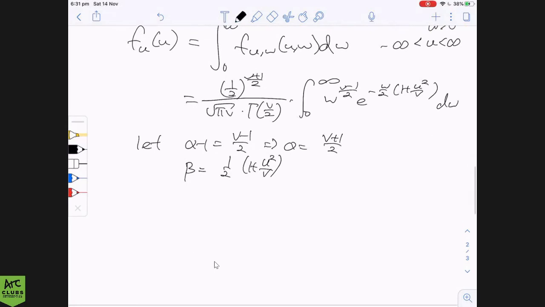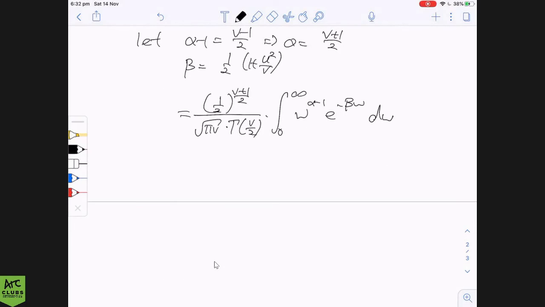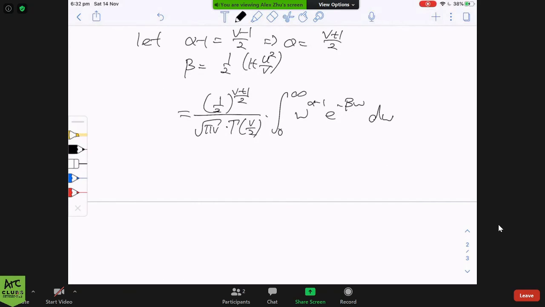And so this turns into a half to the v plus 1 over 2 over root pi v gamma of v over 2, integral from 0 to infinity w to the alpha minus 1 e to the negative beta w dw. And if you remember, a gamma distribution is just,